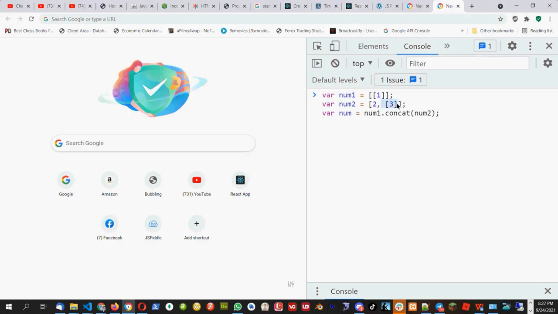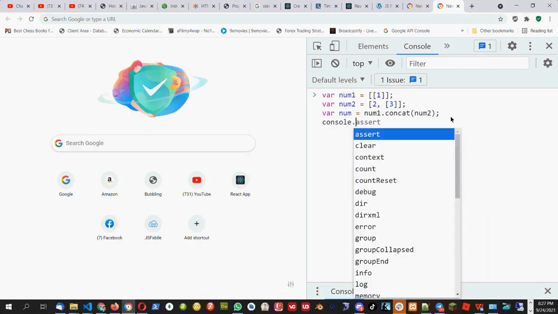It will be inside the array only. And the first one also, we have array inside array. So the first number 1 will be in the array format only. So 1 and 3 will be in the array format because we are putting this part for the num2. So we are not expanding this thing. So if I do console.log of num here,